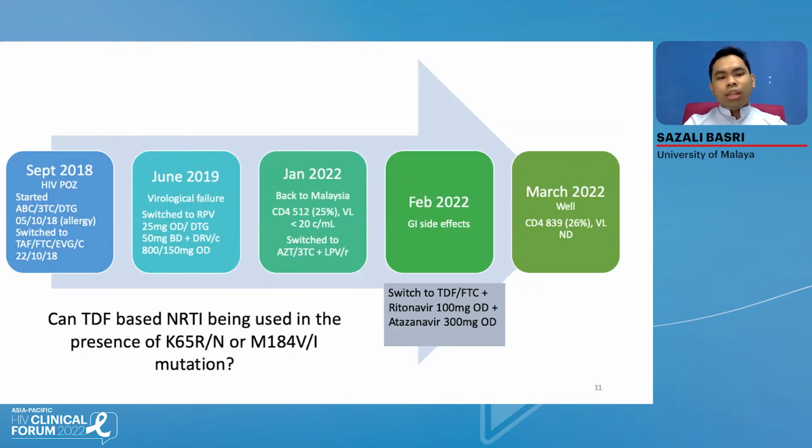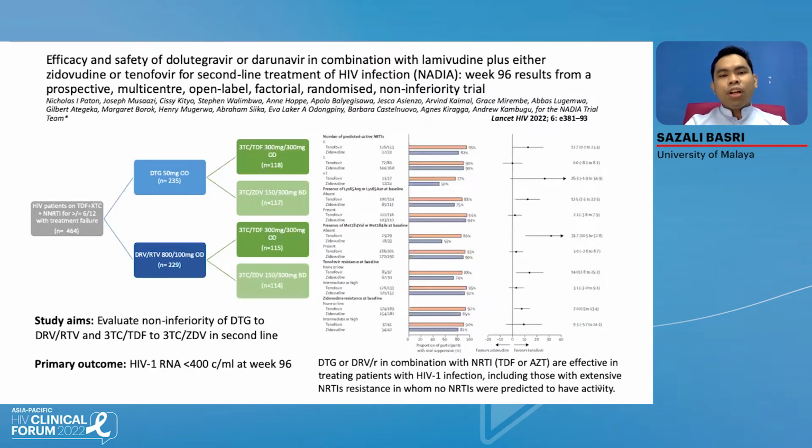So the question now: can TDF-based NRTI be used in the presence of K65R or M184V/I mutation, as in these patients? So I just want to show